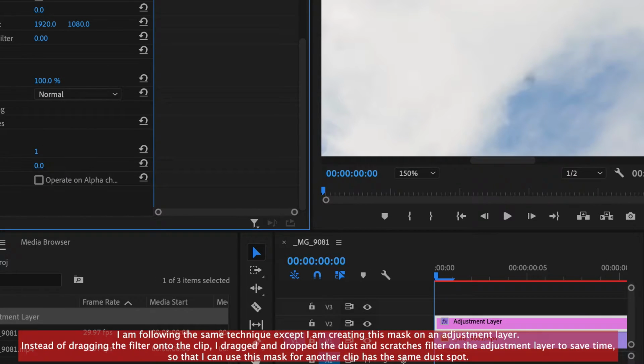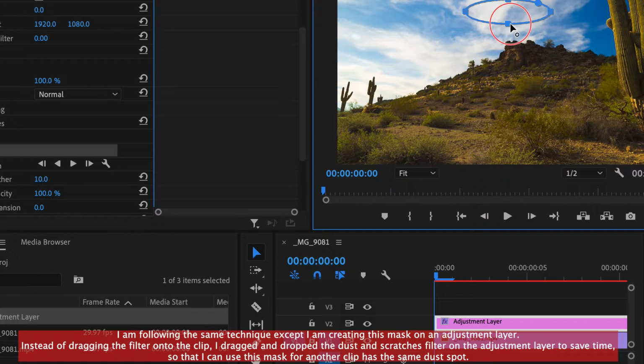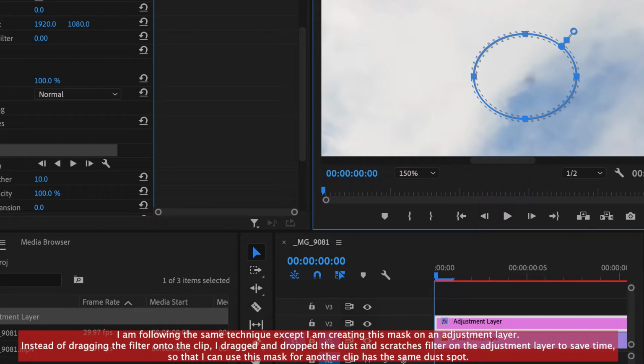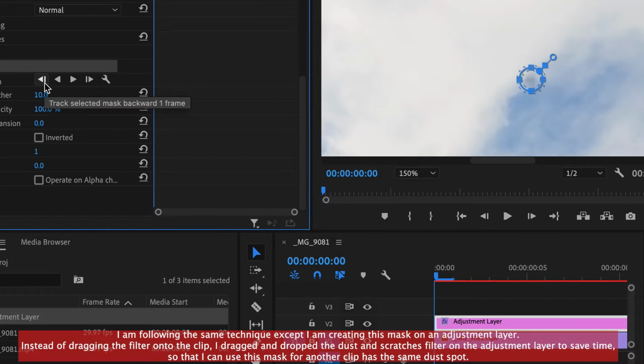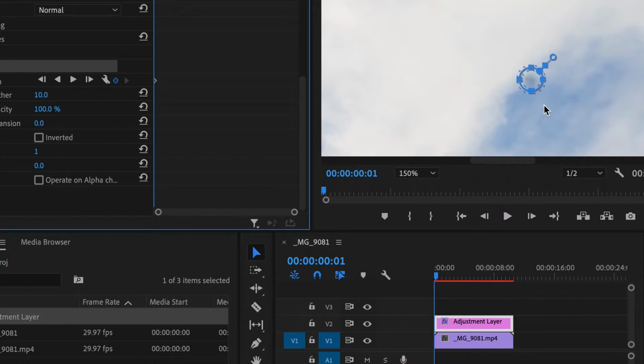I'm using the same technique on this clip also, except I would drag the mask manually for each frame and change the mask when it is required. You can select the track mask forward option based on your clip, but you will know why I didn't select that and why I thought of working on each frame. On a clip like this where the clouds are continuously moving, it won't work well.